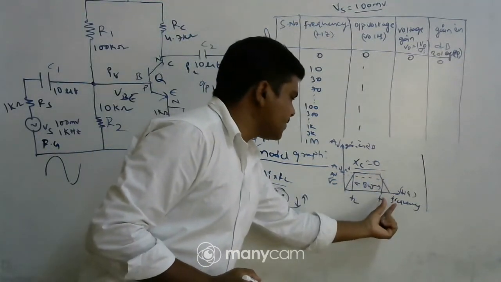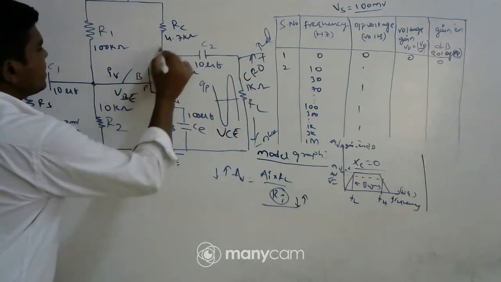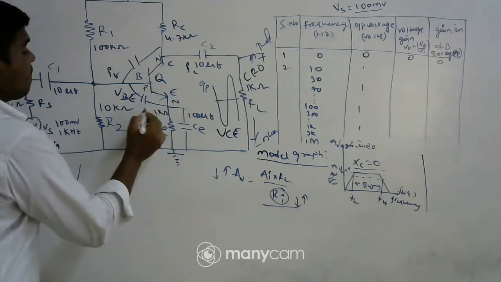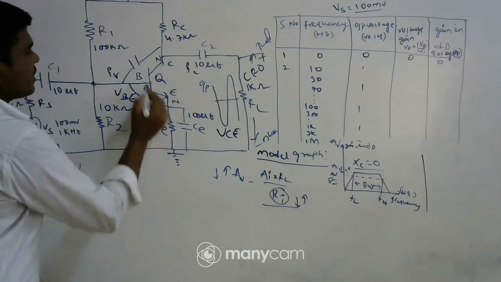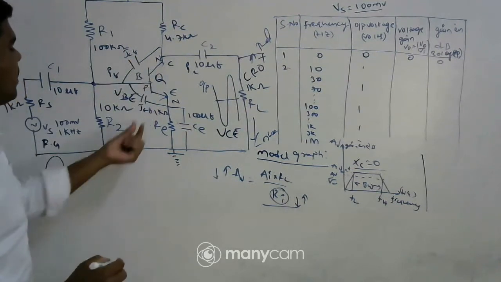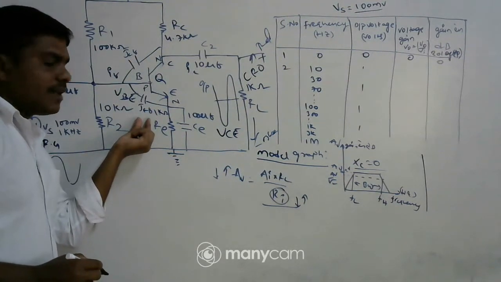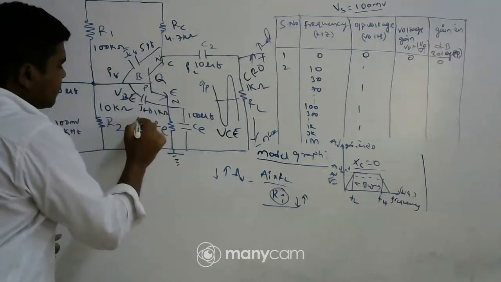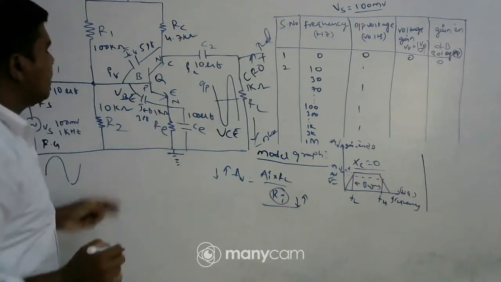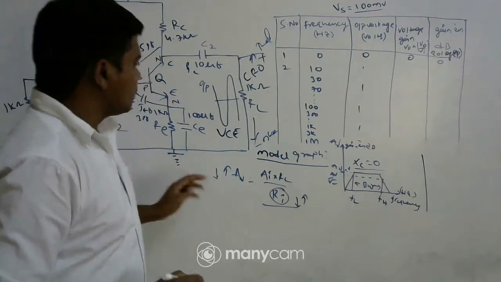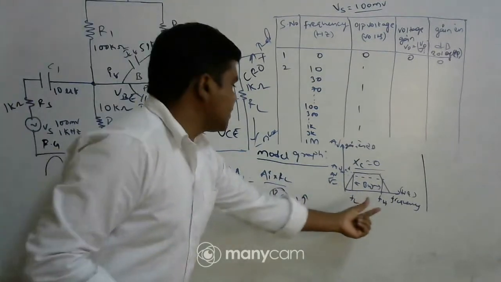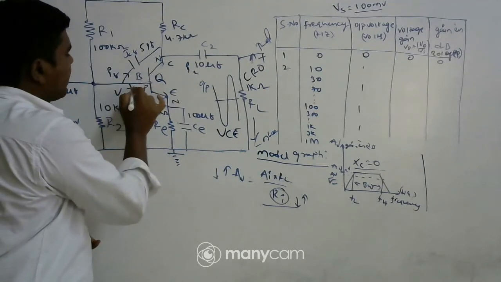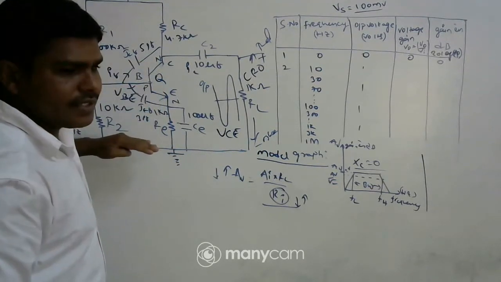Then at high frequency, the internal capacitor reactance decreases. That is the junction capacitance of the emitter base junction and the base collector junction. Compared to the circuit capacitors, this reactance is very high, say 5 picofarad for one and 3 picofarad for the other. So at high frequency, with respect to frequency, this reactance decreases. Now your input current is divided, which means input current decreases.